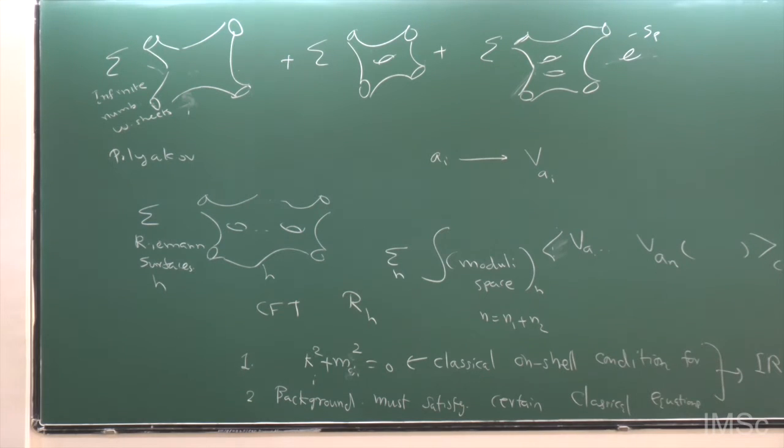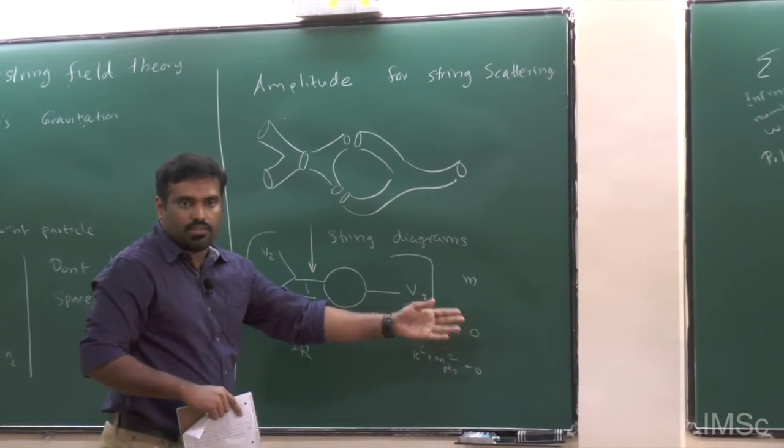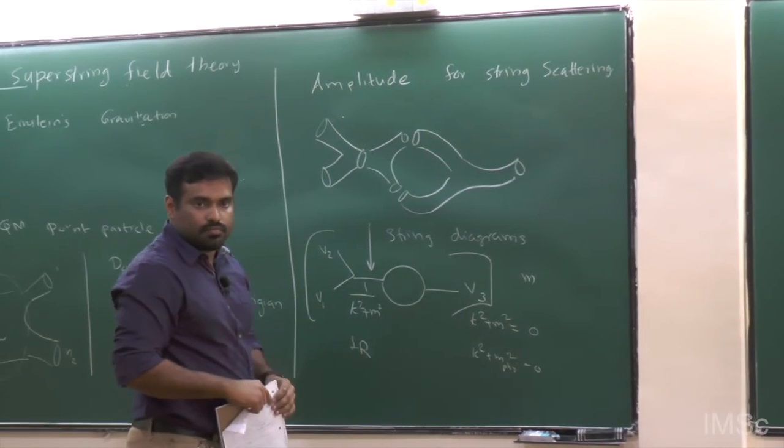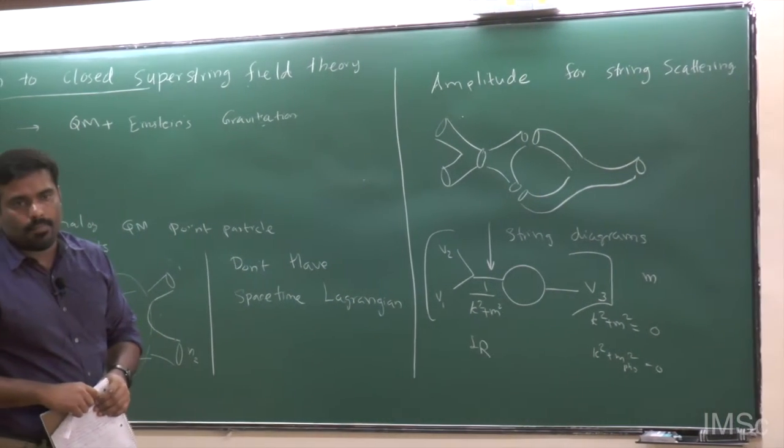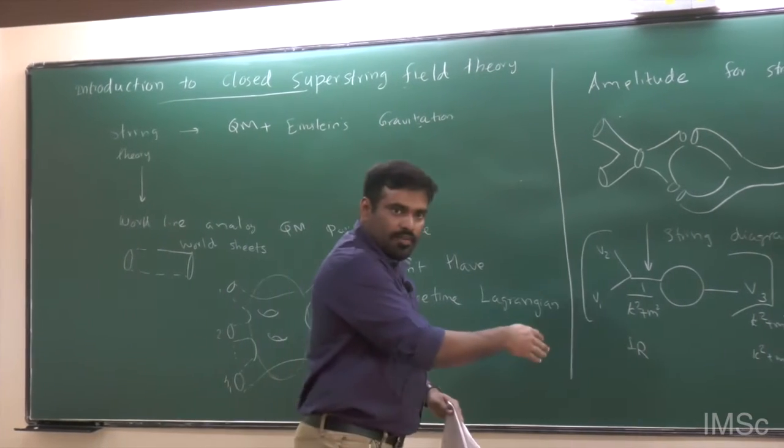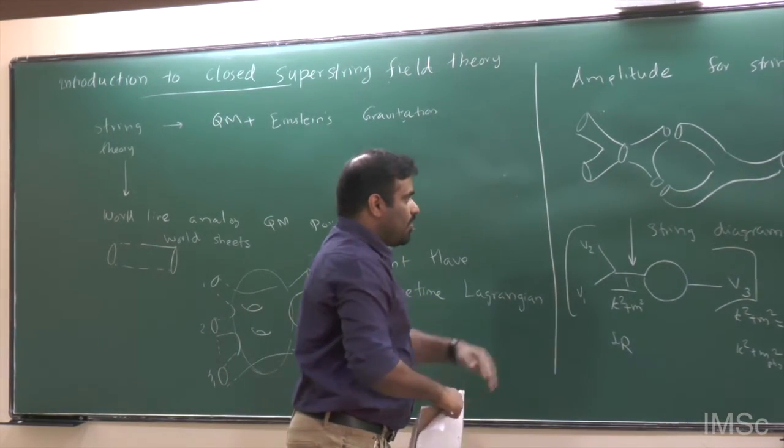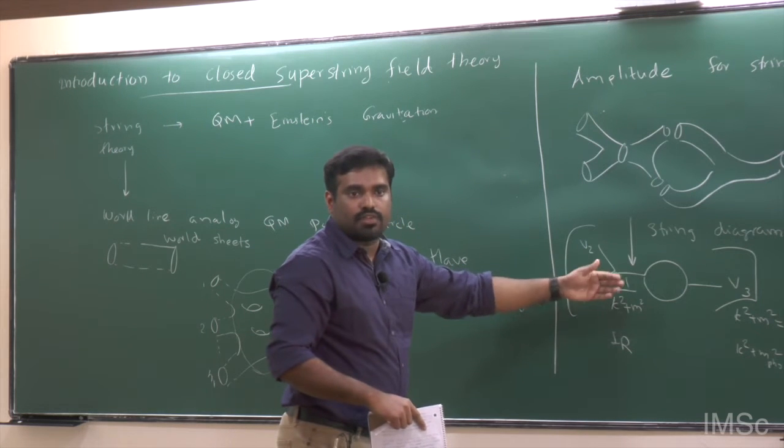You also mentioned that diagram you drew, in the field theory limit. This is one of the diagrams, but that also is equal to the sum of many other diagrams. If you take the sum of the diagrams, the IR divergence will still persist. The point is that for each diagram, when you do the computation, you have to impose this condition, so each diagram will have a divergence. You sum over all these Feynman diagrams, and there is no reason to believe that all those divergences will cancel each other.